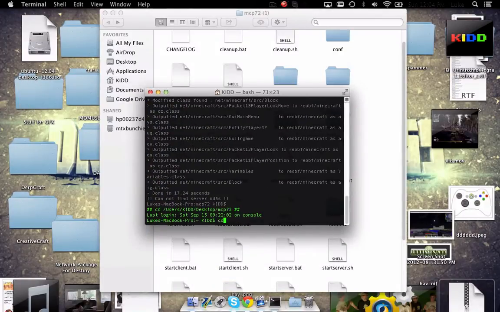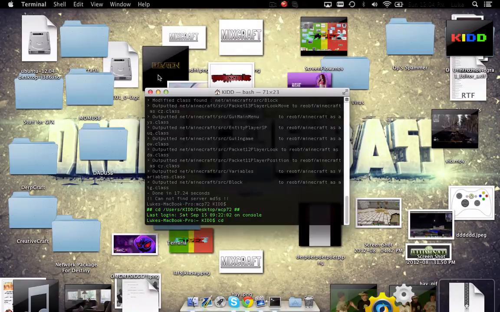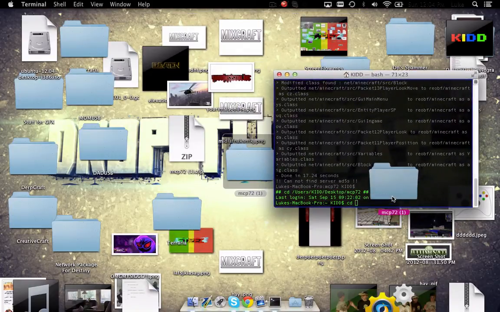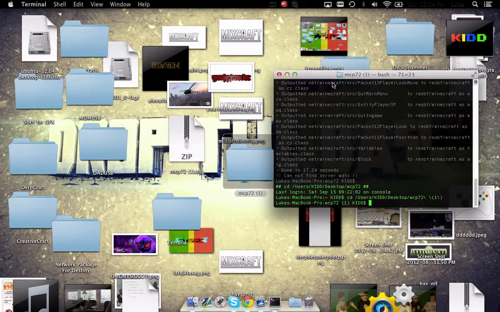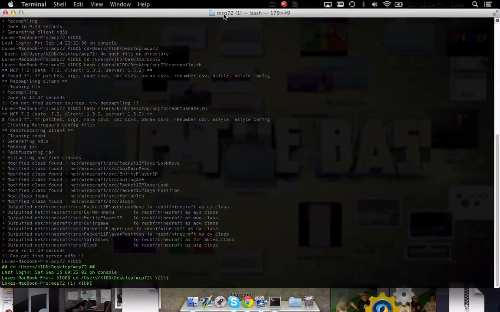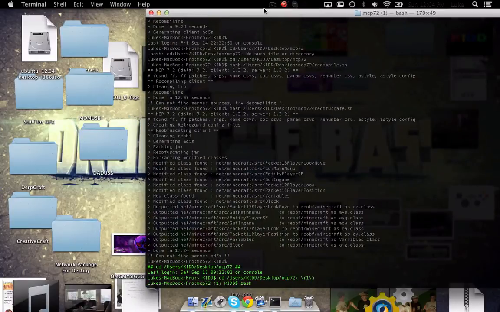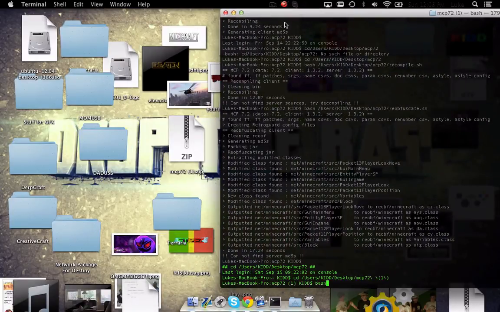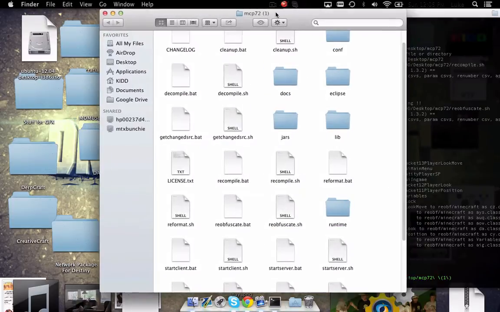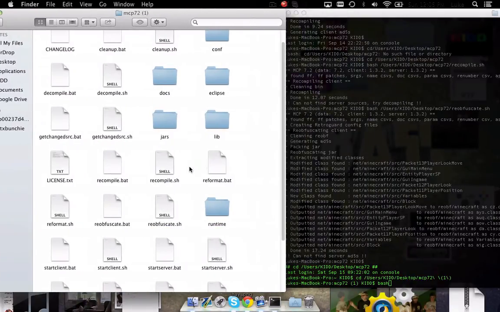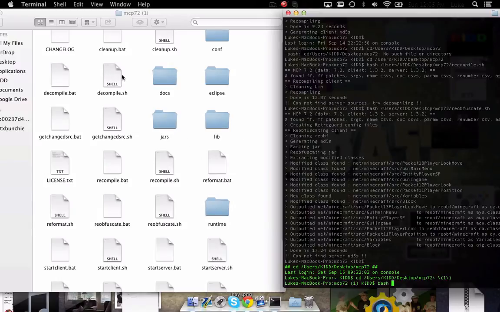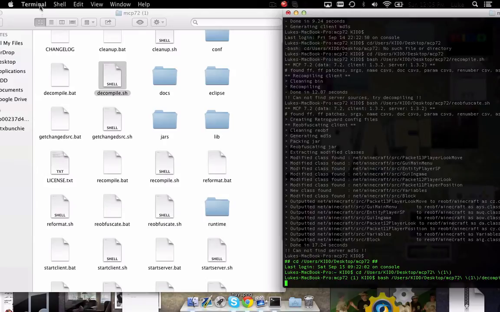You have to type CD and then go to your desktop and drag your MCP in there. So CD space, and then it will show like your users and all that. Then you press enter, and this top thing should change to MCP 72 if you're on Mountain Lion. Now you do that bash, and then you open up your MCP, and you drag in decompile. So bash space decompile.sh, and then press enter, give it a few seconds,